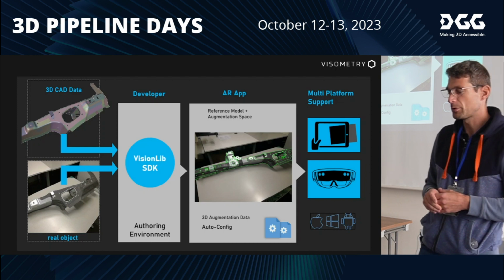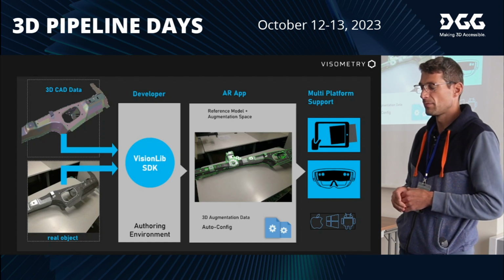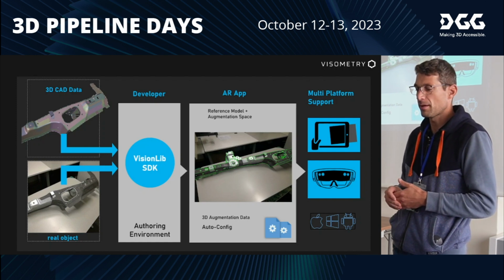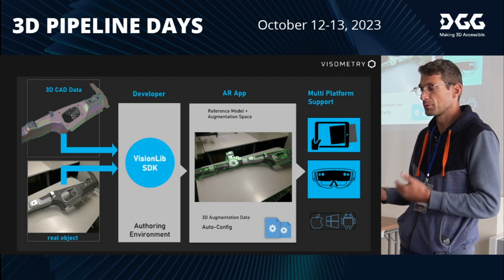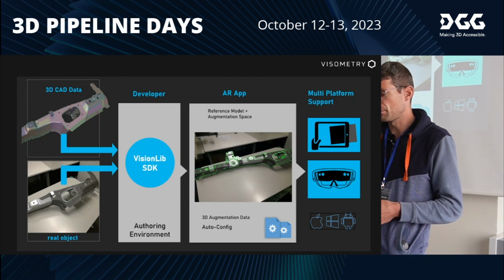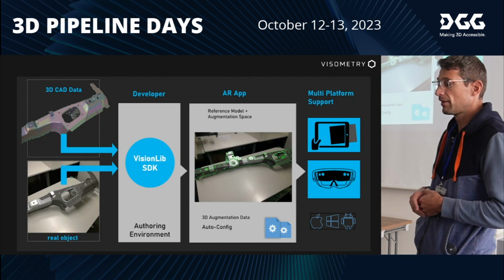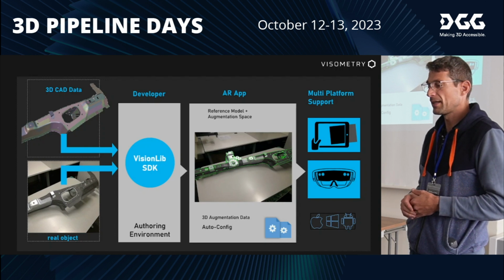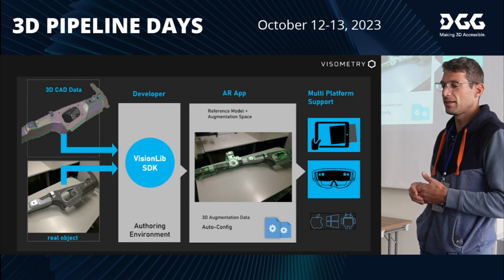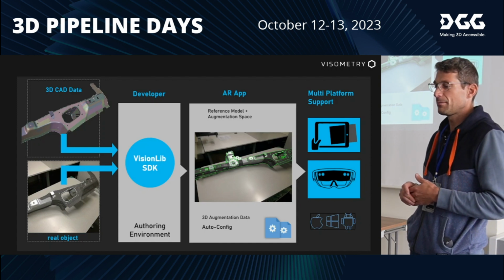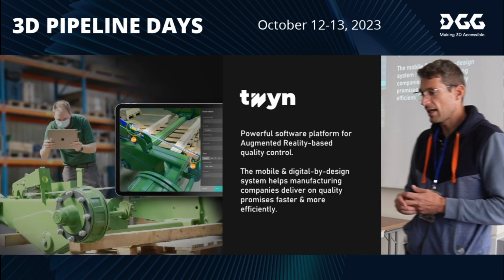But people have always been wondering, how can I use this to quickly check my 3D models on physical objects, to quickly detect differences between virtual and physical models. So this was one of the use cases we identified as very interesting and very valuable for industrial applications, because of course marketing and